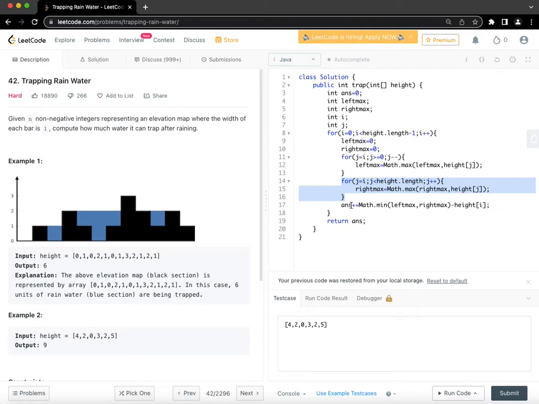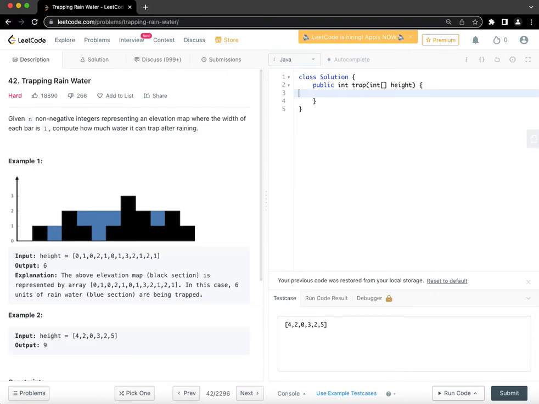We would although pay on the space side, because to store left max and right max we would need some arrays. So the space complexity of that program would be O n versus O 1 in the brute force example. But it is good to look at that option, and then in the last we will go to a solution option which is linear time complexity, and there is no space involved in that. Okay, so in this one,